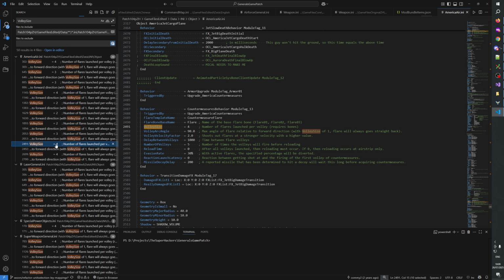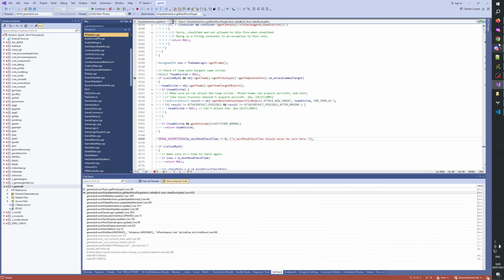So it can be 2 or 4, or 3. So let's say it was 0. What will happen then? Well, then it never enters here. It doesn't do anything then.